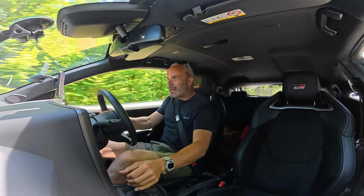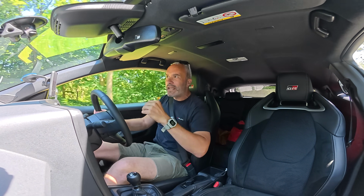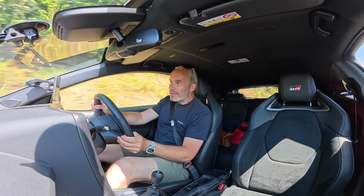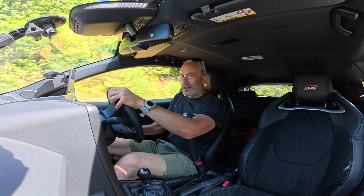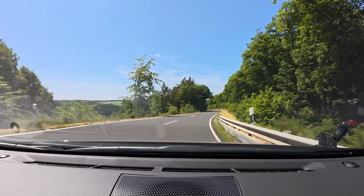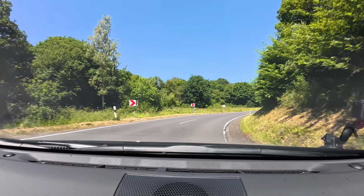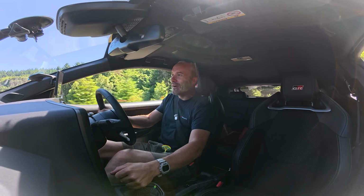We've already talked about the engine. Oh, it's so much fun. I would say its biggest weak point to me is steering feel. It's a lovely steering wheel, by the way, but the steering feel could be better, really could. And I've spent the past few days in an M4 CS, which basically has no steering feel. That's electric steering for you, I guess. You soon get used to it. This is literally a GR Yaris road. It's just brilliant. Once it starts moving around a bit,